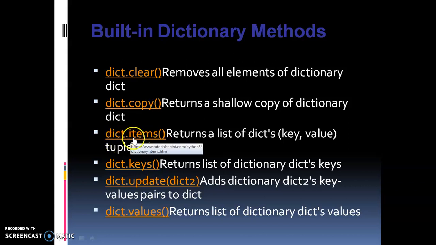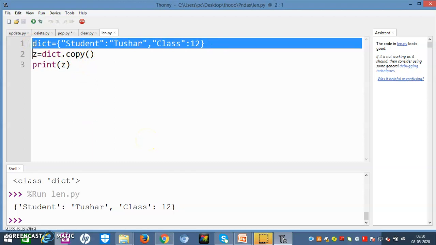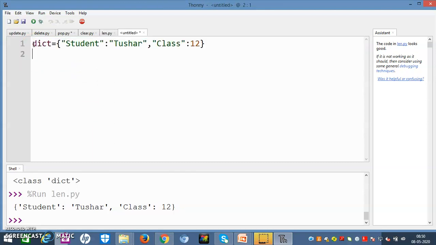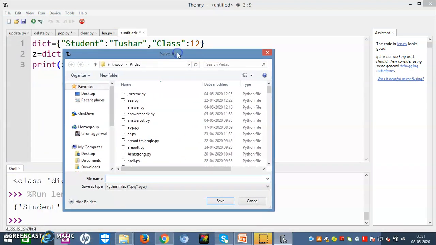So I will write Z is equal to dict dot items, and I will print the value of Z. Now what would I get?